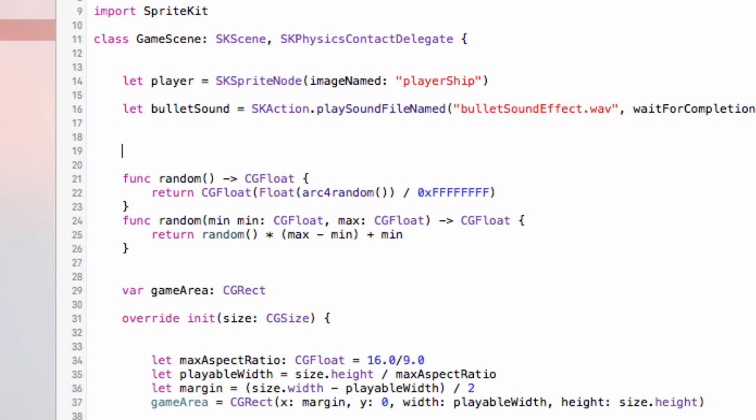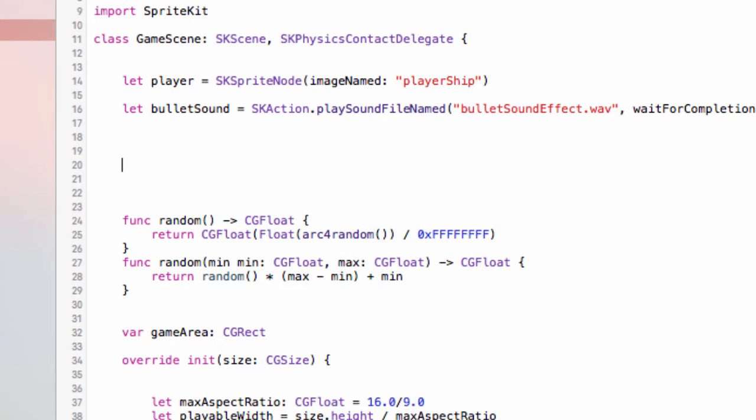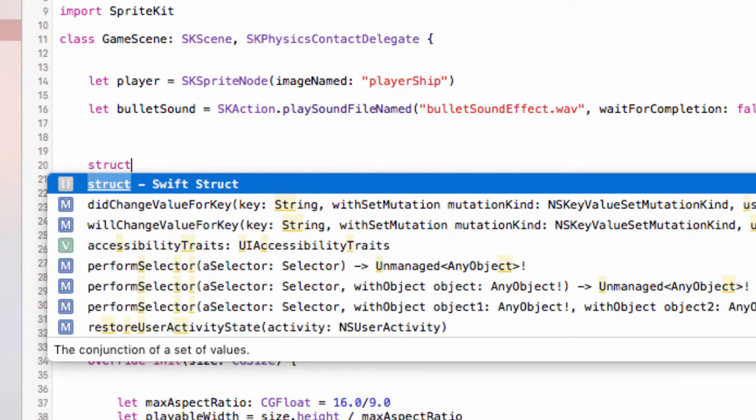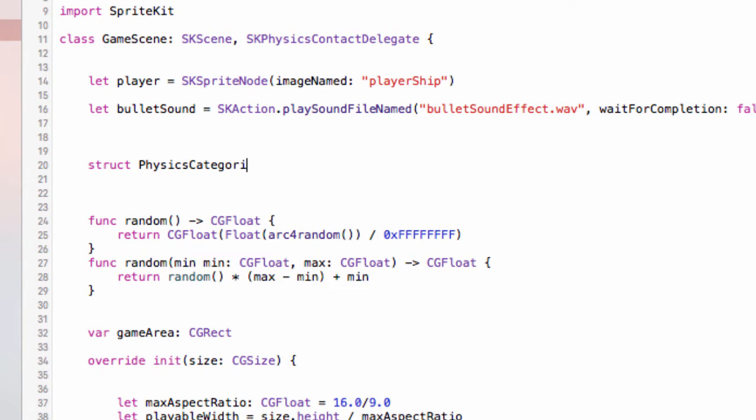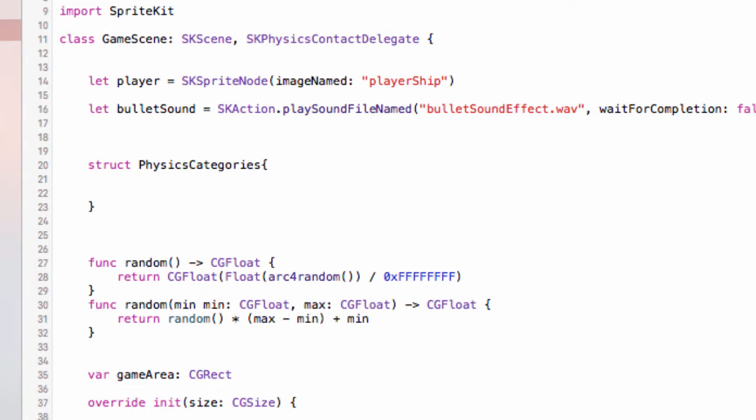So what we're going to do, we'll do this in a struct, so in a structure. So we will say struct, and we will call this PhysicsCategories. And now in here, we can set up all of our physics categories. Now, even though we have 3 objects, we actually have 4 categories. We have 1 category for our player, 1 for our bullet, 1 for the enemy, and we also want 1